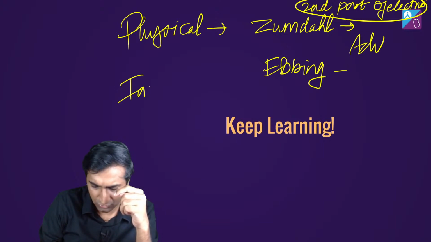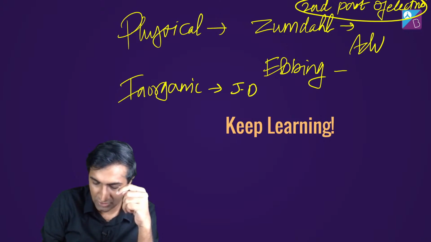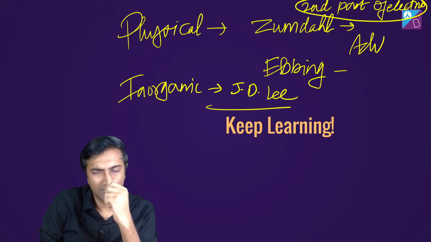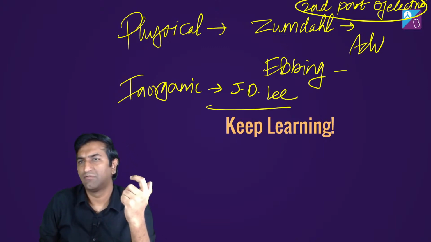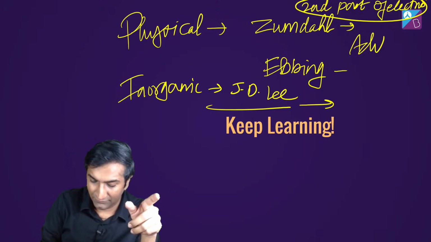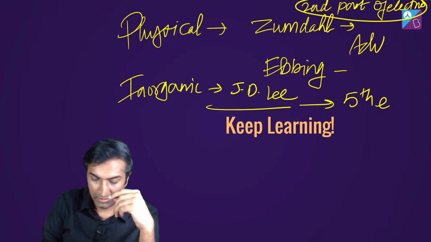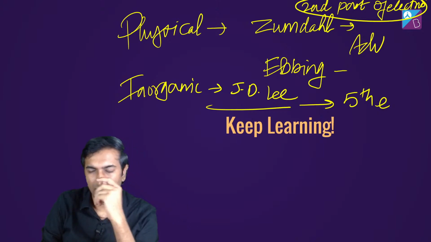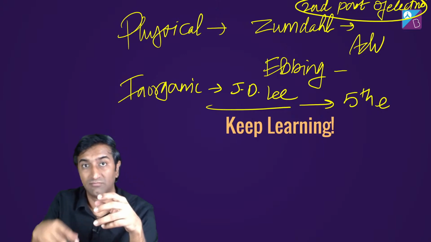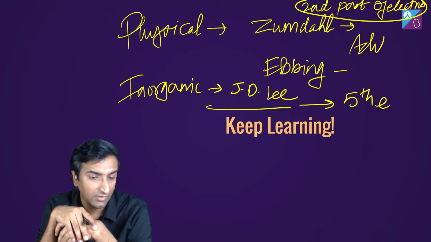For inorganic, you know the answer यार. एक ही book है. There is JD Lee. One stop shop. It doesn't have questions. मतलब उसके questions solve करना is not this thing, but the theory is insanely good. Probably the best book. And this is the JD Lee, which is 5th edition. I'll send you the pic on Telegram if you guys want. Check it out. Whatever edition you get your hands on, यार. I understand that आजकल physical book नहीं मिल रही है. It's been out of stock on Amazon for a long time. I got it a few years back.